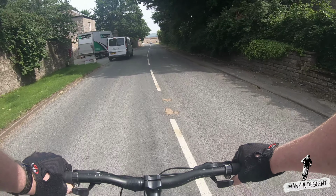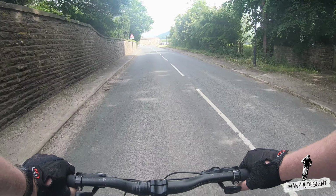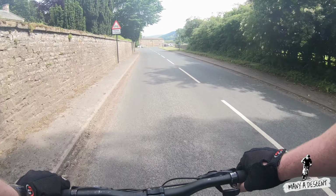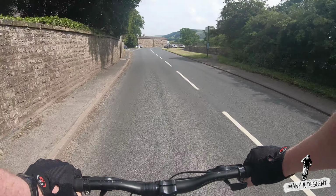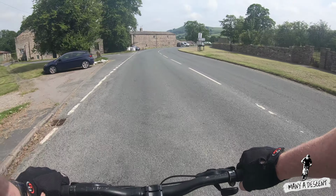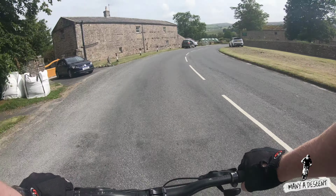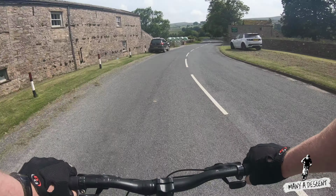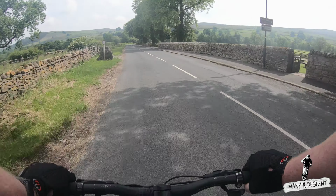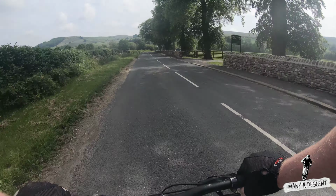So it was the first stage of the Tour de France, which ran from Leeds to Harrogate, and part of the route covered Swaledale. It came from Hawes, over Butter Tubs, dropped down into Swaledale at the top end where Thwaite is, through Muker, Gunnerside, up to Reeth, along this way,